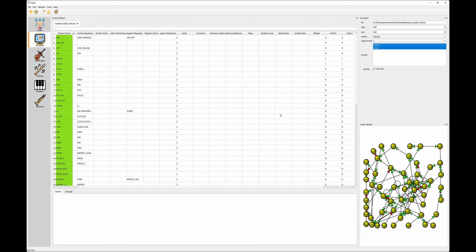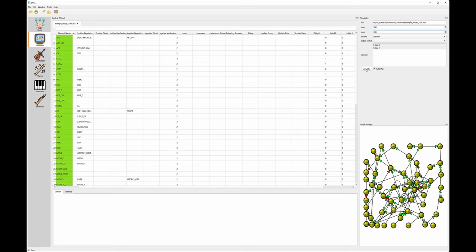Now if the model has initial values, you can use our simulator to simulate. We provide an editor for users to choose the simulation parameters, such as steps, runs, and simulation scheme. You can also choose multiple scenarios to simulate. Now in our examples, we are using the random scheme and set the steps to 500 and runs to 200. We also want to simulate both scenarios.